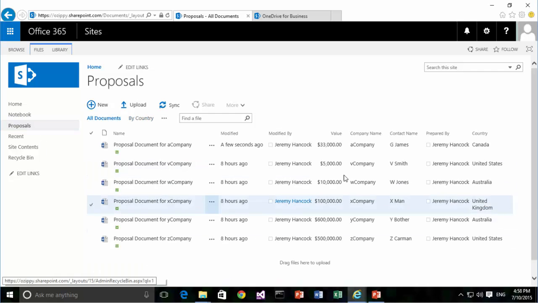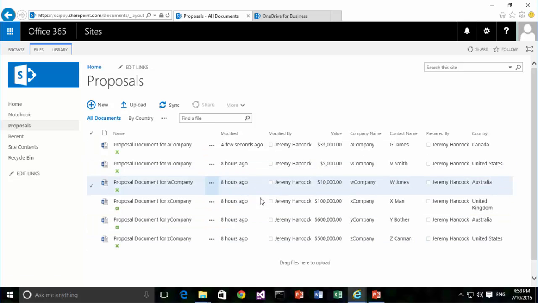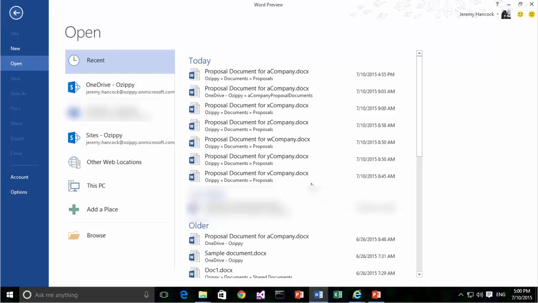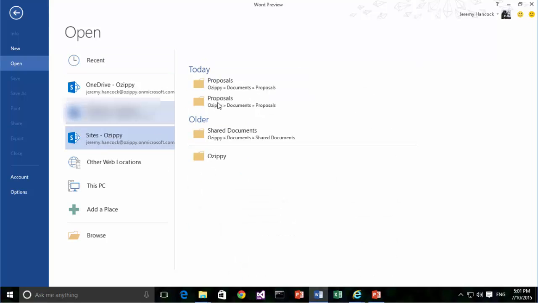So I've now shared my document and stored it in a library that the organization can access, and all of our proposals are together and able to be accessed by anybody that has the appropriate permissions. So what's the other way that I can get to this library? We've gone through the browser and navigated to the library. When I open one of the Microsoft Office applications, in this case I'm using Office 2016, but it'd be a very similar experience in 2013, I can click on Sites and find the Proposals library,